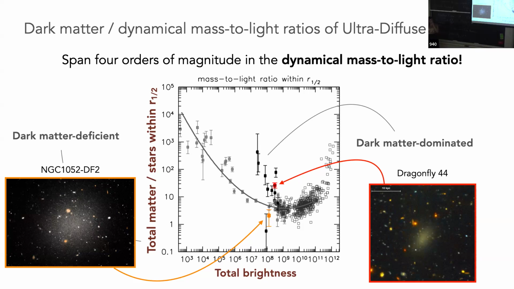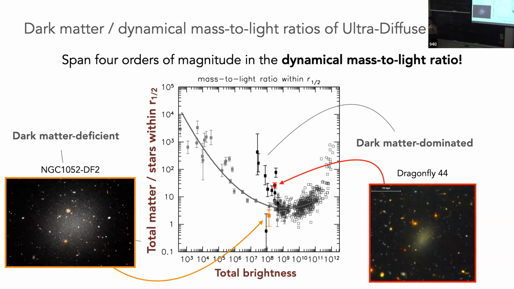To my knowledge, there's no galaxies known. Well, I guess you have a couple dots there, but there are basically very few galaxies that are conceivably stellar dominated. I mean, these two, and then there's maybe a couple of the open squares that could be. Yeah, but most of them are within the half-light radius. These galaxies are actually lower mass, so within the half-light radius is a bit more constraining on how much dark matter you have.